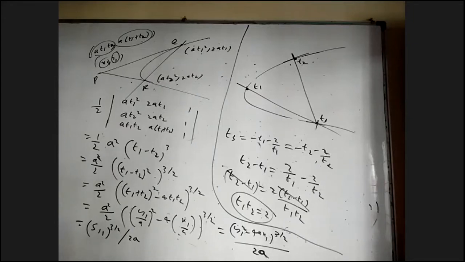Sir, here x1, y1 is the point of intersection of tangents, sir. Yeah, if the external point is x1, y1, they did not give Q and R. They asked the area of this triangle PQR. It is in terms of x1, y1, this is a point. T1 and T2 we took just for convenience to derive this.